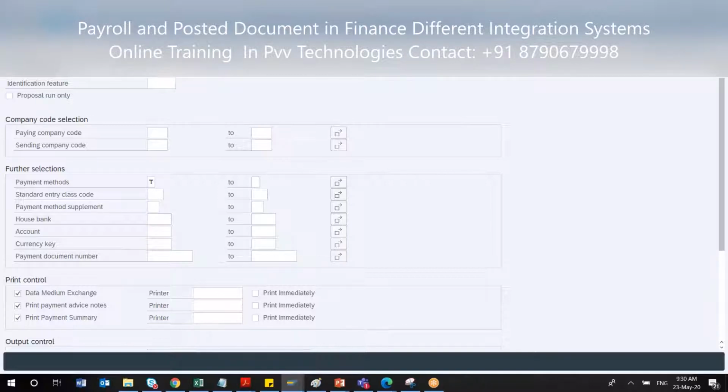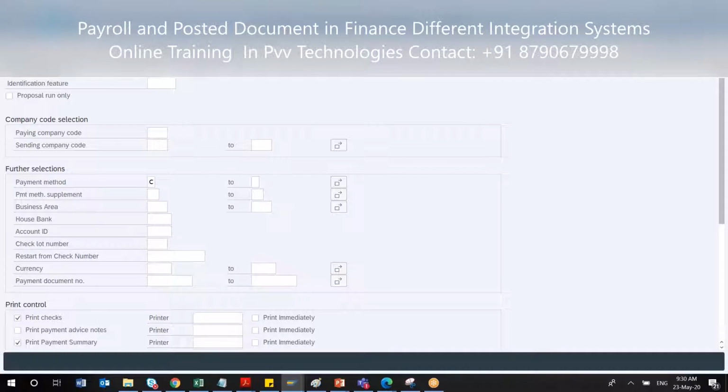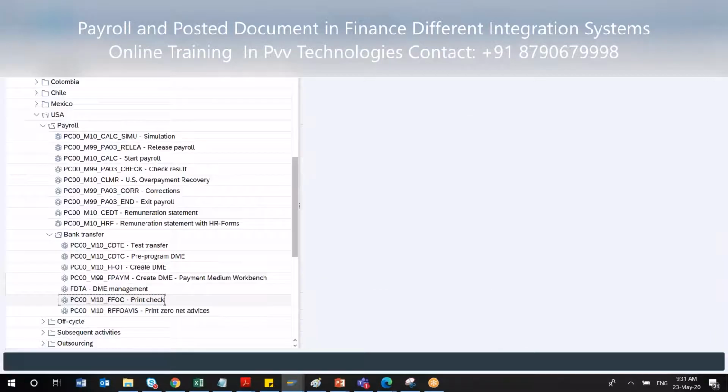This is regarding this. Other than that, if you go to SPRO, this is from an end user point of view. If you would like to check print, take a print of a check, you can reuse this transaction for printing all this document, but it is no longer suggested because everything is online these days. If I go to the configuration point of view, I will show.